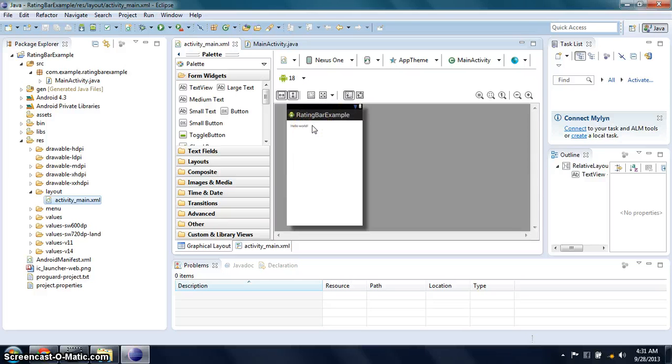So we haven't added any codes yet. So to do that, we need to click the activity.